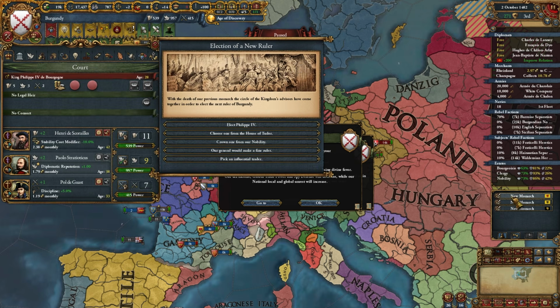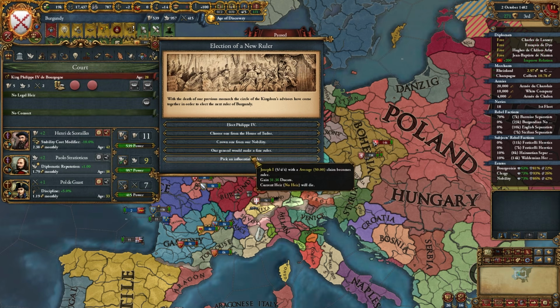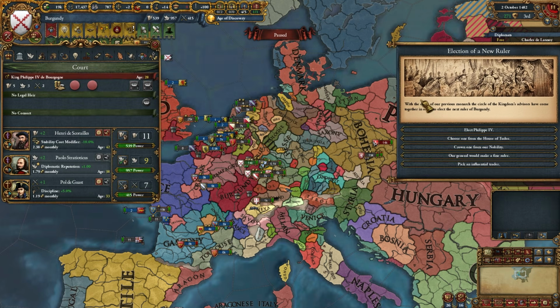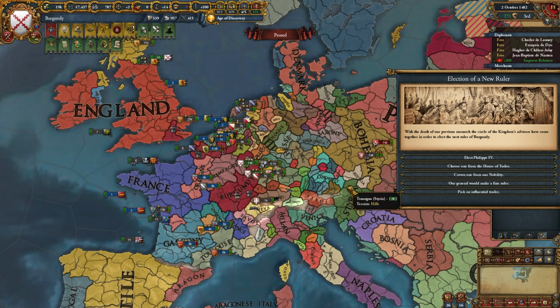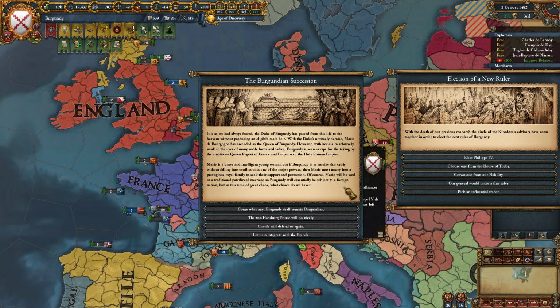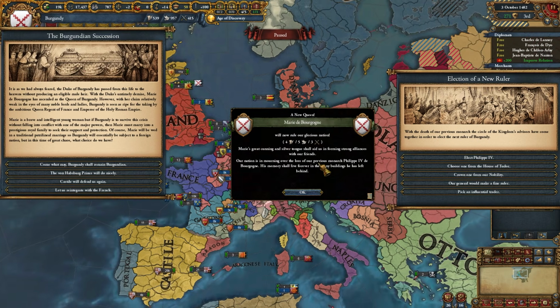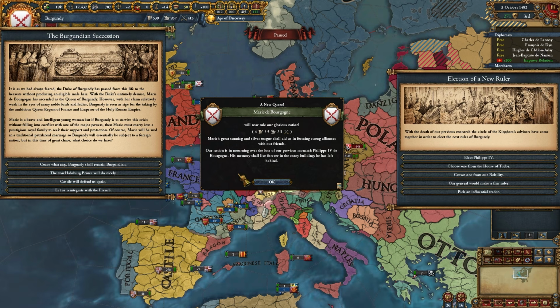First of all, election of a new ruler. Of course, I want to hold this event for now. If I now let 1 day tick, then the Burgundian inheritance is going to trigger. Okay, so let me just demonstrate that. There we go. You can see Marie de Bourgogne is on the throne right now, and the Burgundian succession crisis